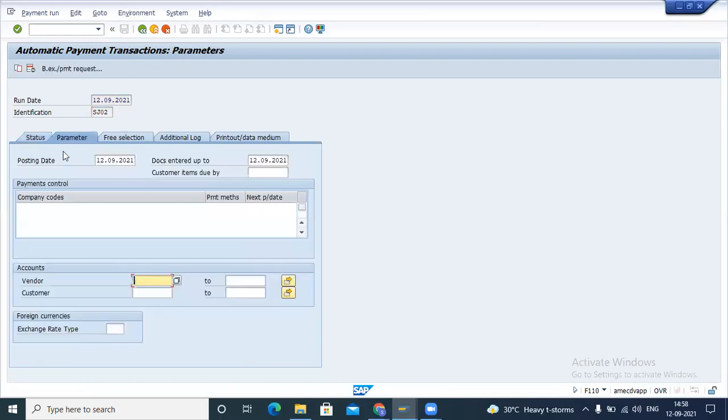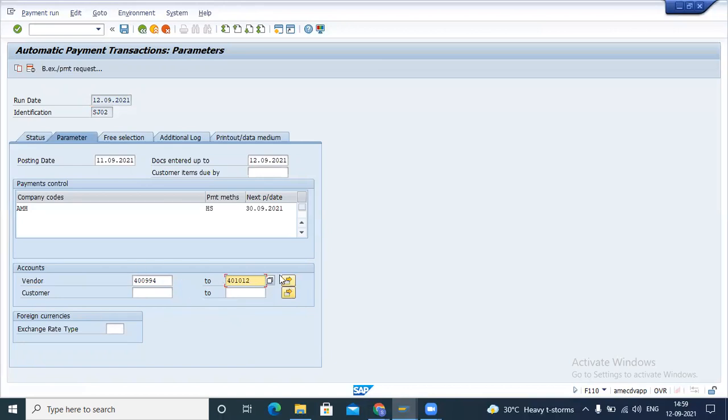In the parameter tab, we need to decide the posting date. Suppose the posting date is the 11th. Then the company code, the payment method, I'll show you, and this is the next payment date. Here I am taking some vendors again.